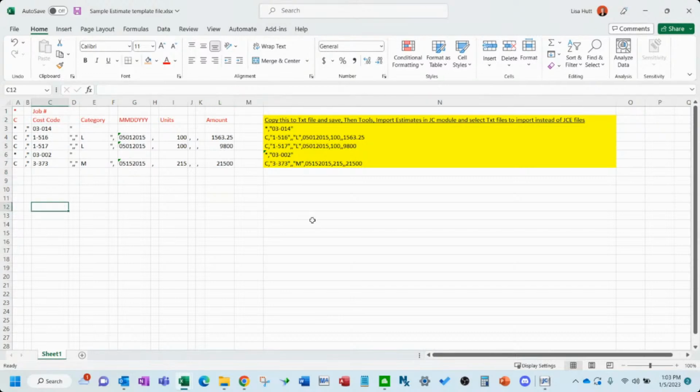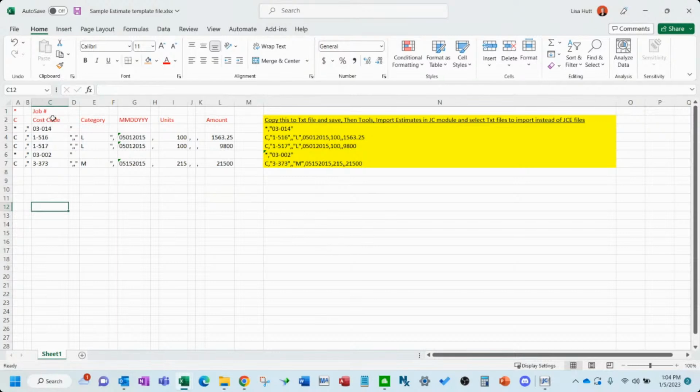And this also, FYI, will be provided in the comments on this live stream. So these three templates that I'm going to be showing you for job cost, general ledger budgets, and AP invoices, I will post after the live stream's over.